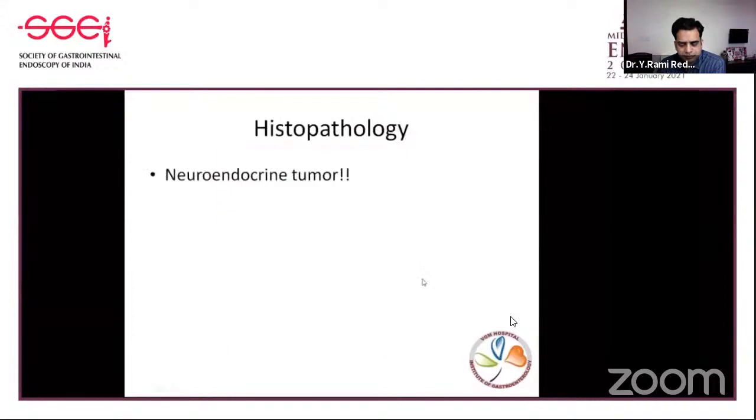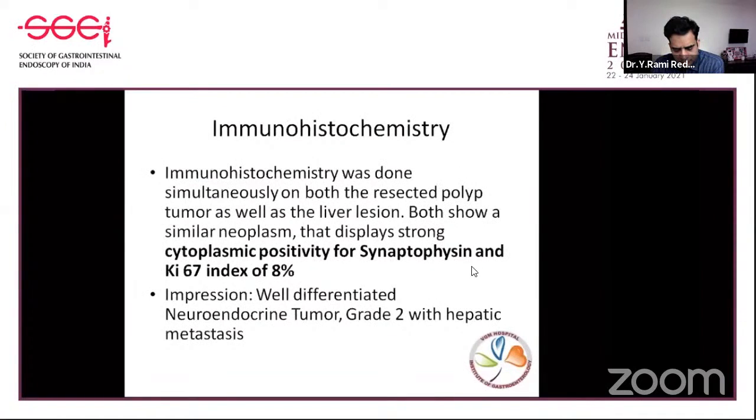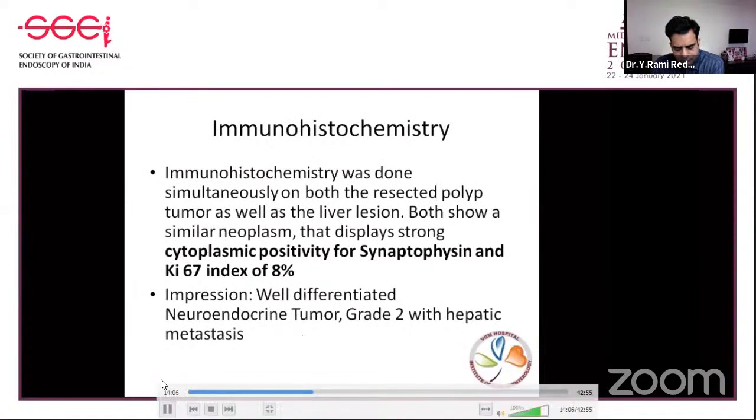And so that is how this patient, it turned out to be a neuroendocrine tumor. And then the immunohistochemistry was done for the metastatic liver lesion also. It also turned out to be the same neuroendocrine tumor. So it is metastatic neuroendocrine. Generally in neuroendocrine tumors, it